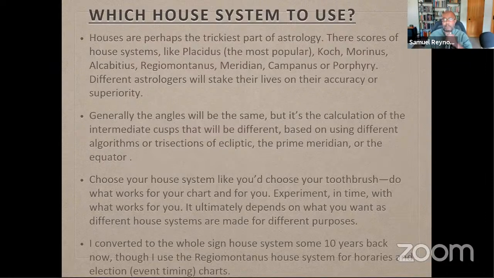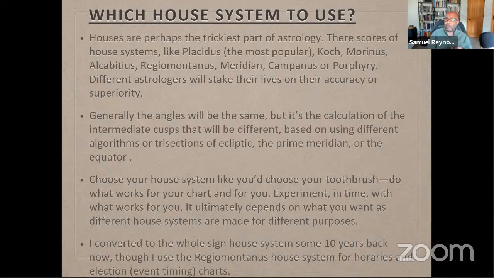I've been doing a lot more work with components, a lot more. So don't get too rigid, but at the same time, and I will make one qualification. What I'm saying is not that you should experiment if you do see clients or people. I'm not saying, well, I'm going to try it with Koch. You pronounce this Koch, by the way. Koch and Morinus. One day I'm going to do Alcabitius for this client. That will drive you crazy and you won't be able to see and know consistent results.